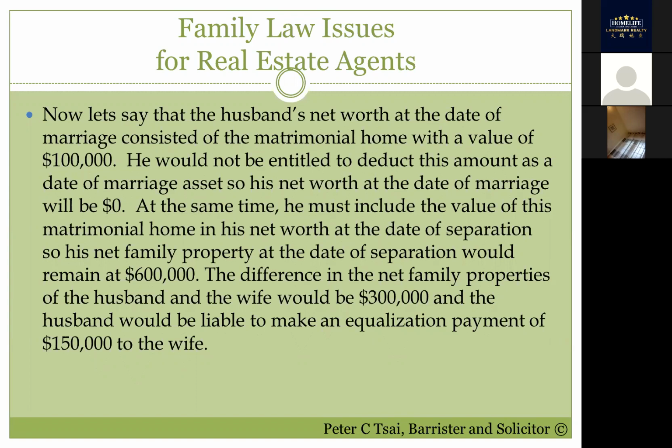So in effect, he would be liable to make $50,000 more because they're now splitting the value of the matrimonial home at the date of marriage. He's not entitled to claim it as a deduction. He must split half of the value of the matrimonial home, which is 100,000. So instead of paying 100,000, now you have to pay 150,000. So you have to understand this puts the parents' money at risk because now 50,000 of the original purchase money is going to the wife, and I don't think anybody really wants this, right?